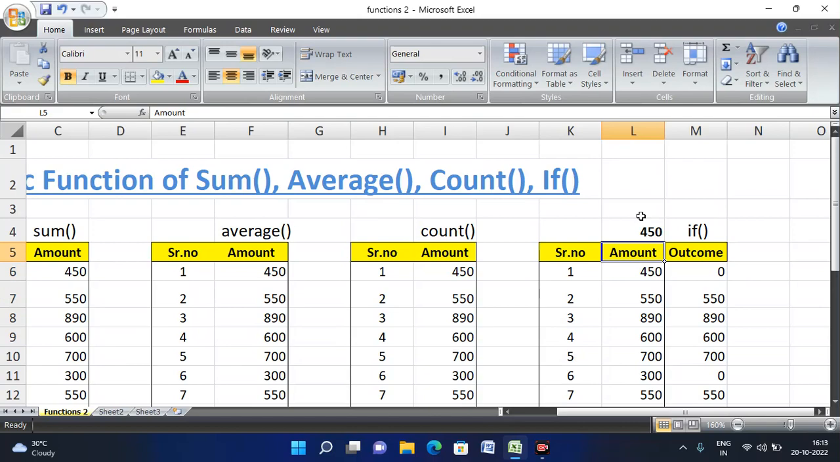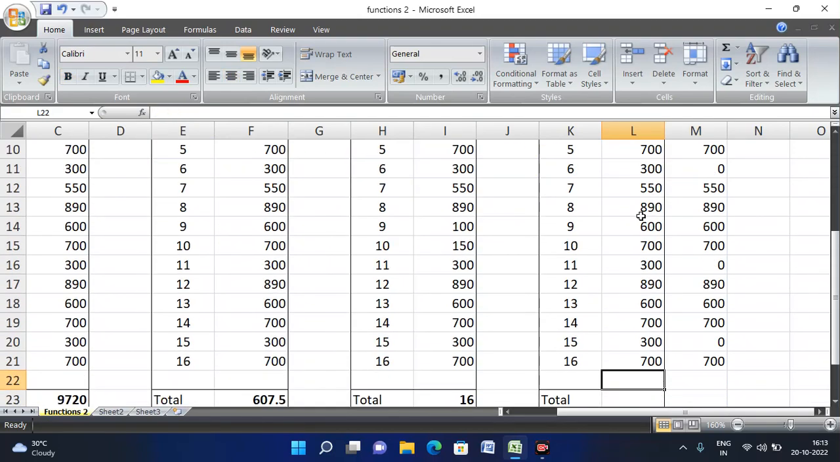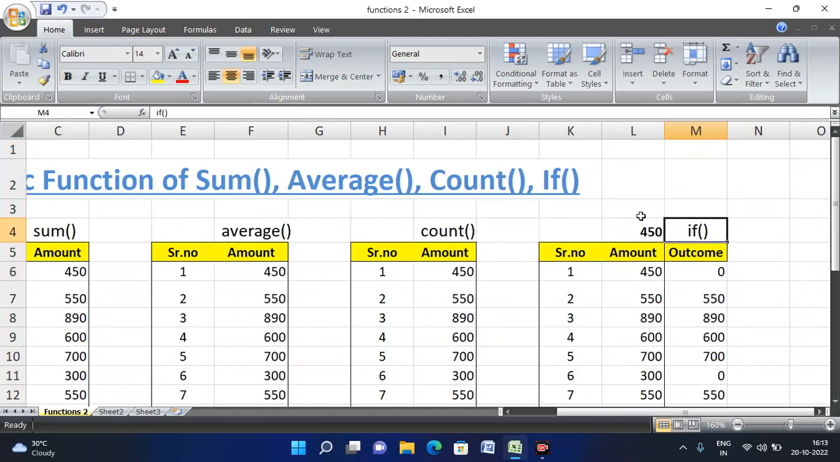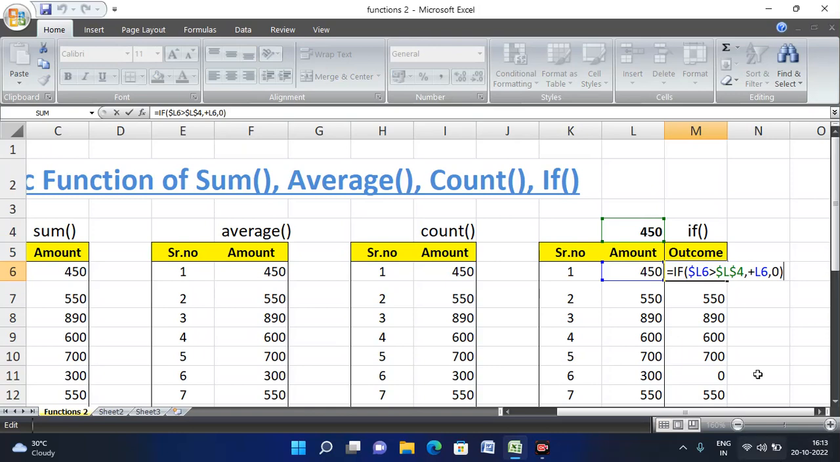Now, the same example I have taken over here till 16. On the right-hand side, here in L4, I put one constant number, 450, as a benchmark. This is a fixed number. I have to have the criteria on the basis of this 450. So I will press F2 over here. This is the formula. You can see if L6, this one, is